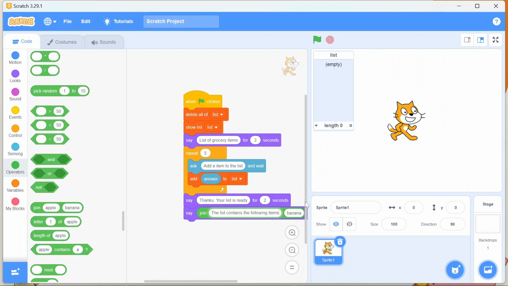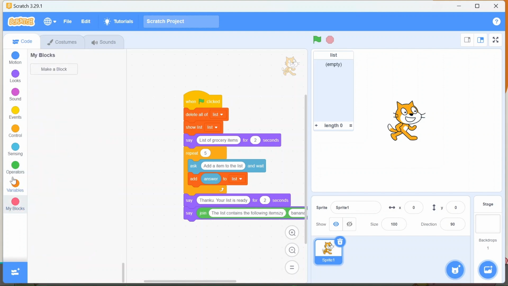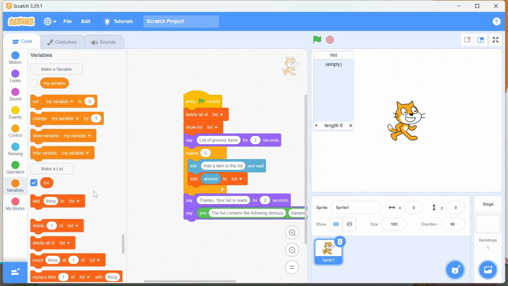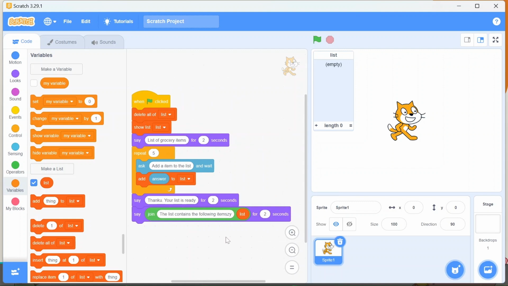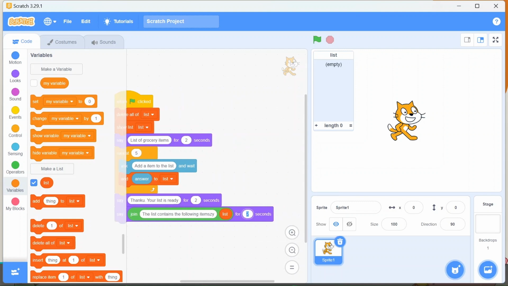Okay. And here what are we going to do? Here we will just add our list. So where is it? It is in our variables, and here this goes, list. So we are almost done. We can just increase this size, right? We can just increase the timing so that we can easily look at the list.